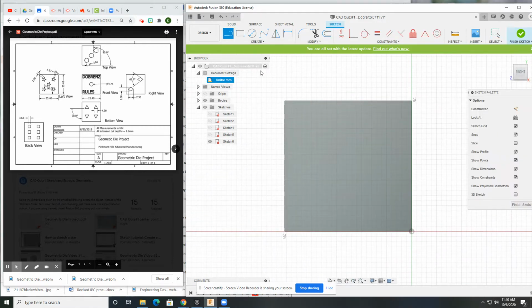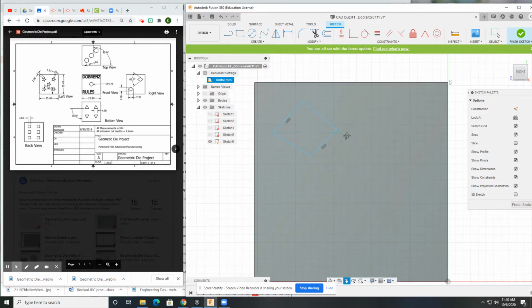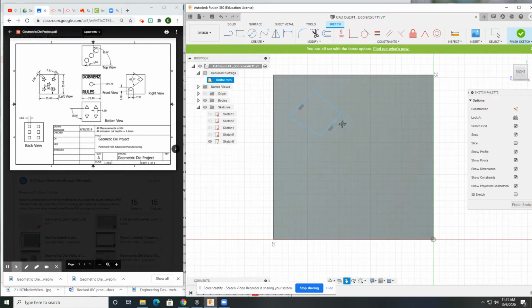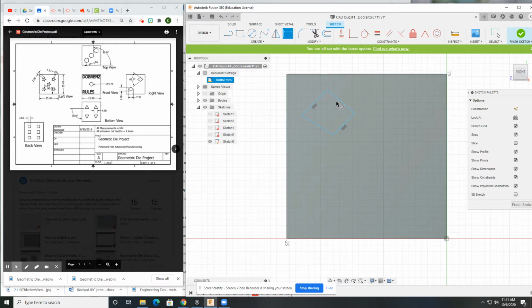I'm going to grab my line tool, and I'm just going to sketch the diamond out. It's not going to be perfect, and that's fine. I like to focus on one and get that done. So let's look at what we have right now. We've got a couple dimensions, top to bottom, left to right, and then we have an angle dimension. I think I'm going to start with the angle dimension. So that is going to be essentially from here to here. So here's our angle, and this is